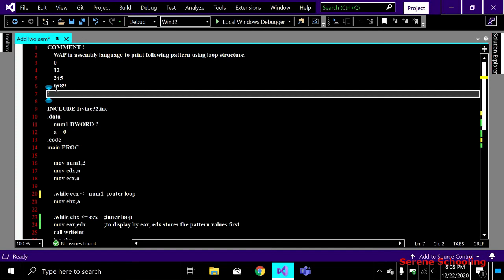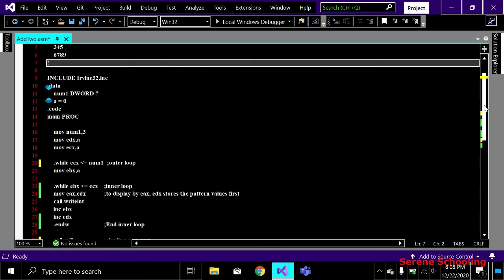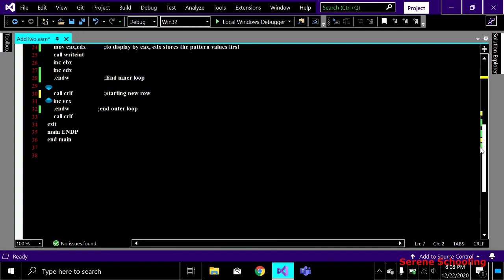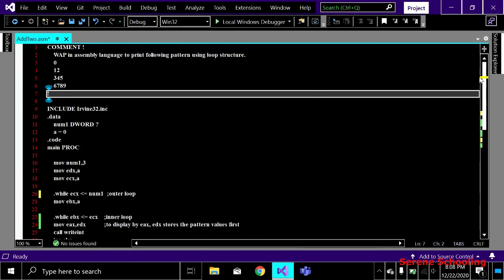We are not decrementing or doing anything like this. EDX just increments every time in our code, and this is what we are seeing over here as well, that our EDX increments like 1, then 2, then 3, then 4, then 5, right? So EDX increments all the time. We move it into EAX and then we print it out. So this is how it works. Then you can see the result on the screen as well.